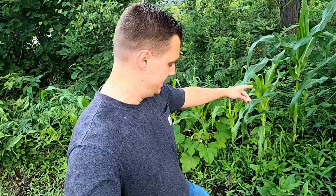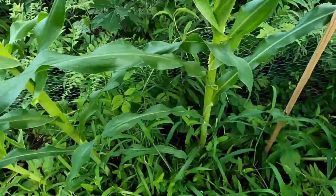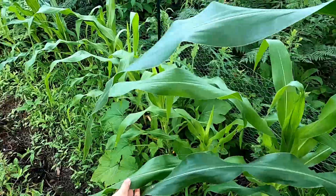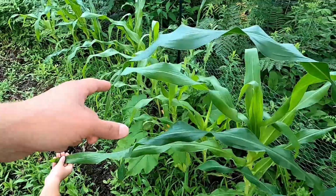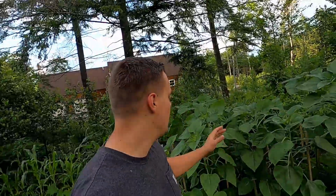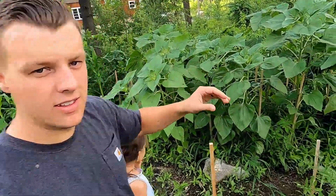12 ears of corn, guys. So not really that big. I don't know if it'll pollinate on its own. We could look into cross-pollinating it. If it doesn't do anything, I won't be super disappointed because we didn't really have that much. And last but not least, we have the